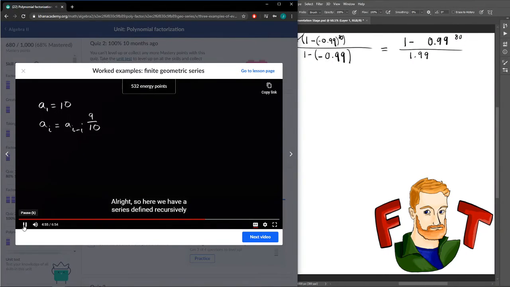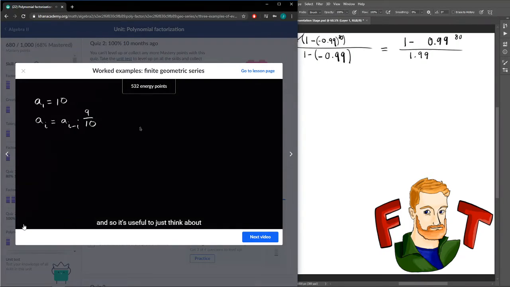All right, so here we have a series defined recursively. And so it's useful to just think about what it would actually look like. So the first term is 10. And then the next term, so the second term, a sub 2, is equal to a sub 1 times 9/10. Right? So the next term is going to be the previous term times 9/10. So it's going to be 10 times 9 over 10. And then the next term, the third term, is the second term times 9/10. So 10 times 9 over 10